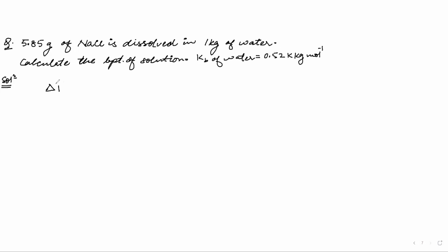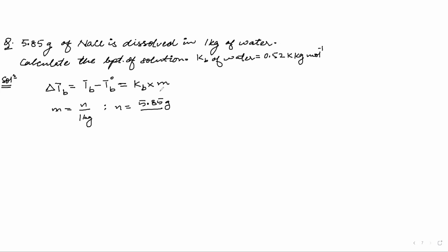Let me do this with you. Delta TB is equal to TB minus T naught B. Now this is equal to KB into m. Now m is molality, which is n upon 1 kg. Now we have to find n, the number of moles, which is the given mass, that is 5.85 grams upon